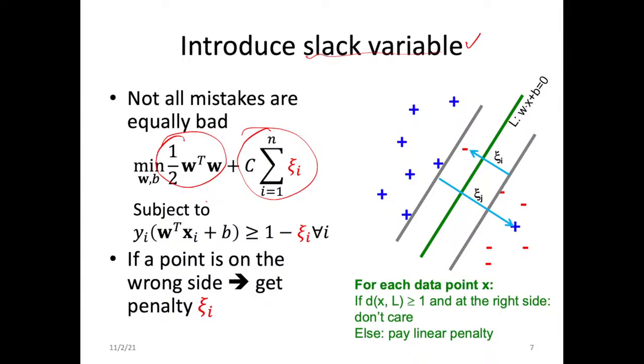Previously I said that I assume all the data points are linearly separable. So I have a constraint that yi multiplied by w transpose xi plus b has to be larger or equal to 1 for all the training instances. But now, if they are non-linearly separable, I allow some mistakes. So the constraint becomes yi multiplied by w transpose xi plus b should be larger or equal to 1 minus